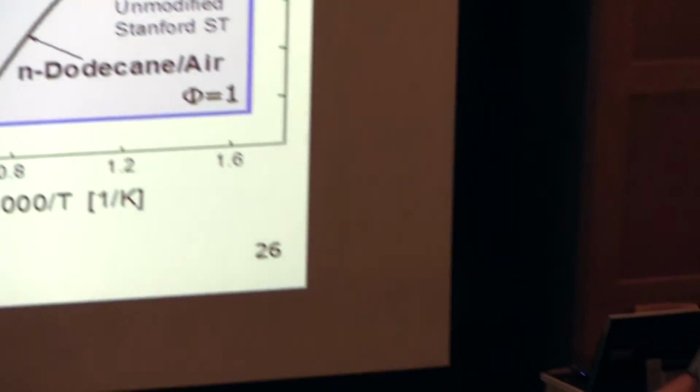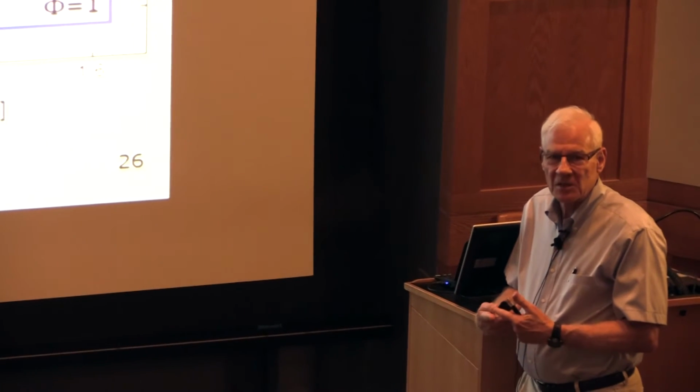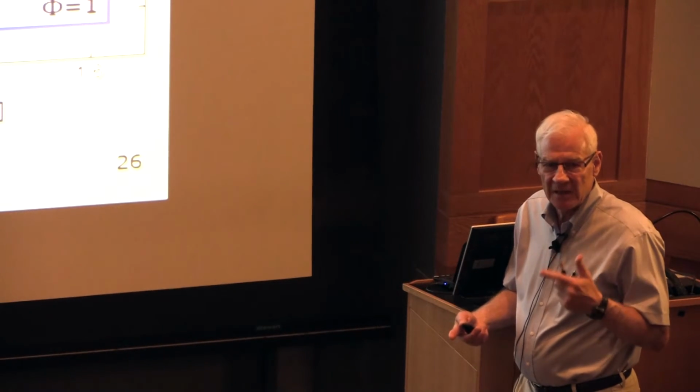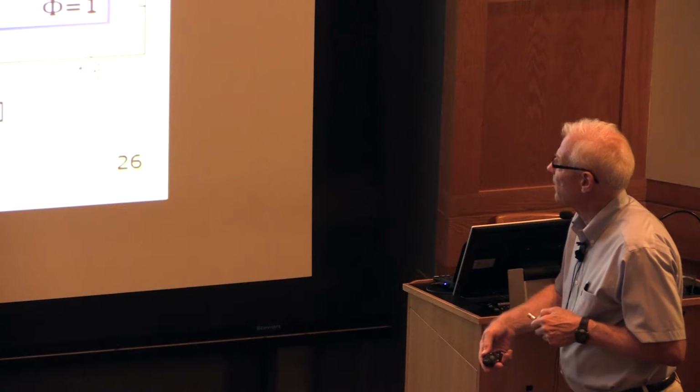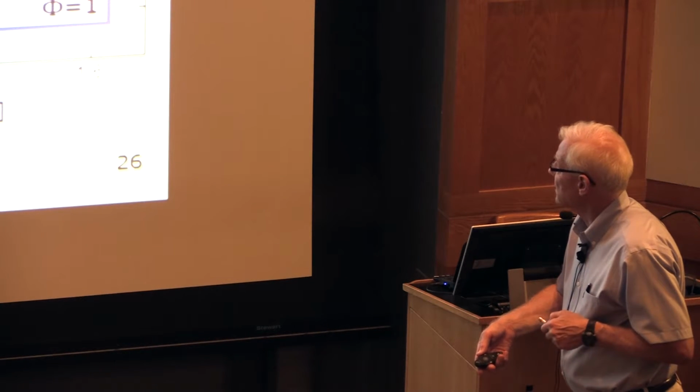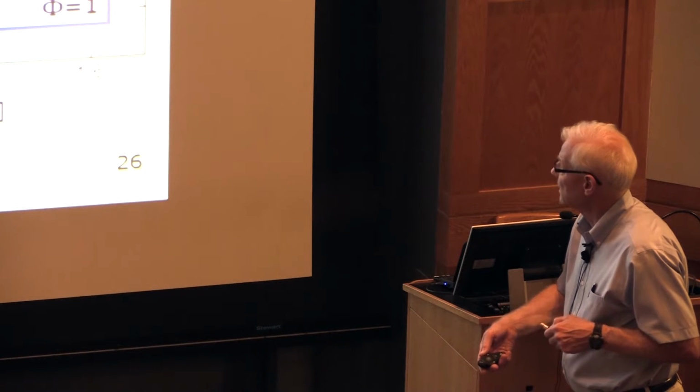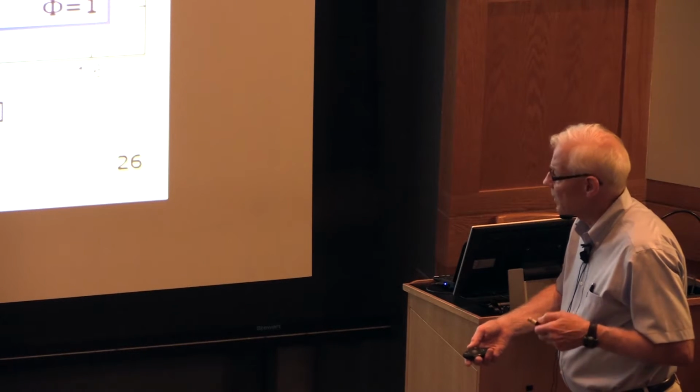Yes. But in any case, there's always value in having duplication of experiments. You learn something when the data don't agree. You learn something and you make experiments better. So a good rapid compression machine has its role. But the idea is to get into this regime of chemistry where we can compare methods and try to